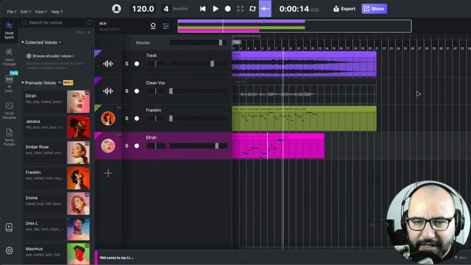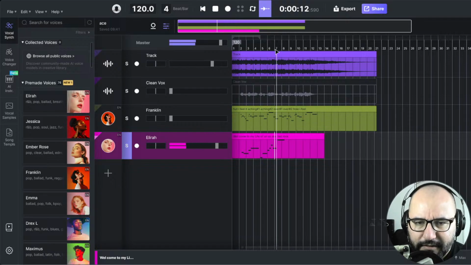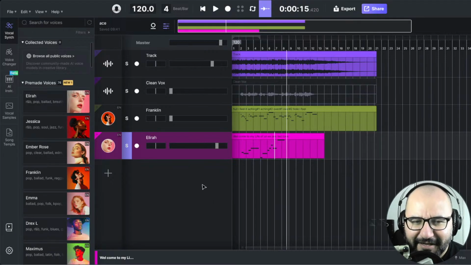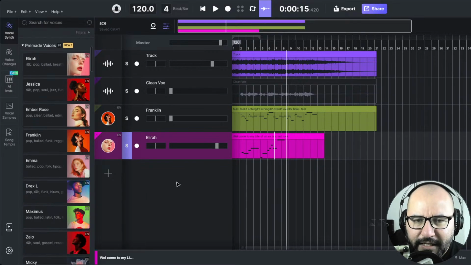Let's hear it isolated. Rock. Okay, and there's the pronunciation and everything there. So very, very cool. Also, another cool thing that I wanted to try is the stem separator and vocal extractor,